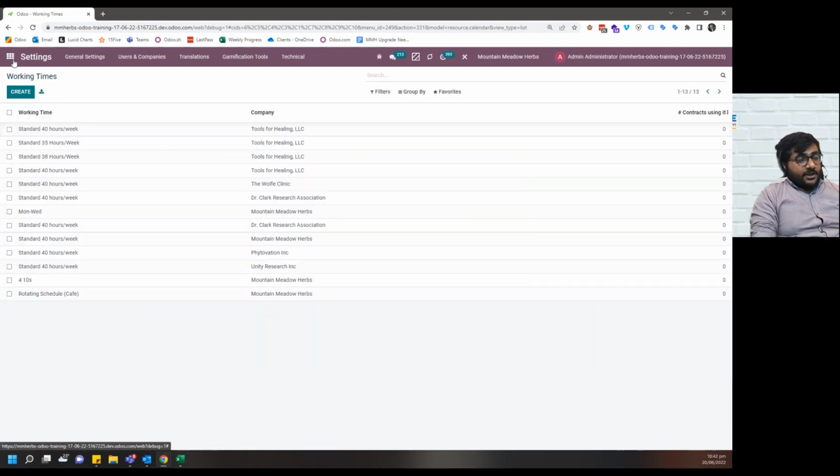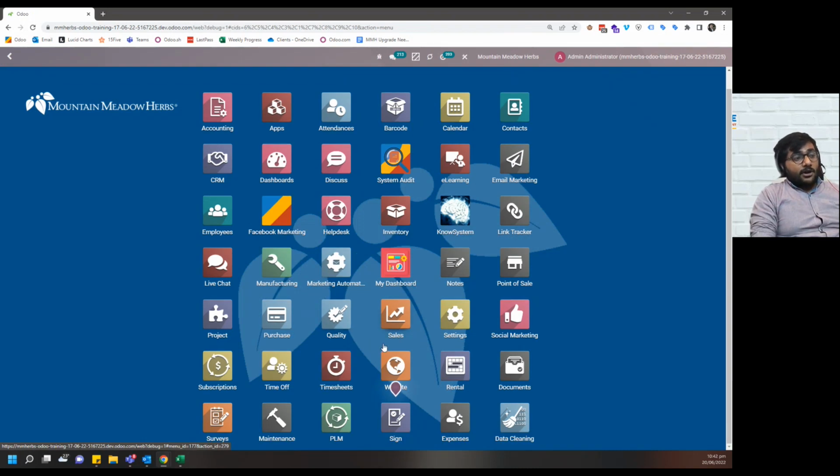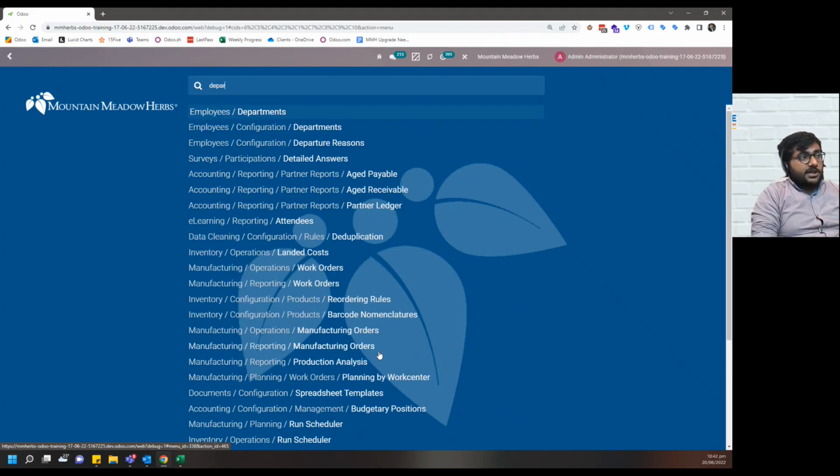Once this is done, their attendance will then be cross-referenced against this. Not checked 100% as if they were supposed to be in this time, but their attendance will be cross-checked against this the same way all the attendance situations work. There is one more thing though. So if you say